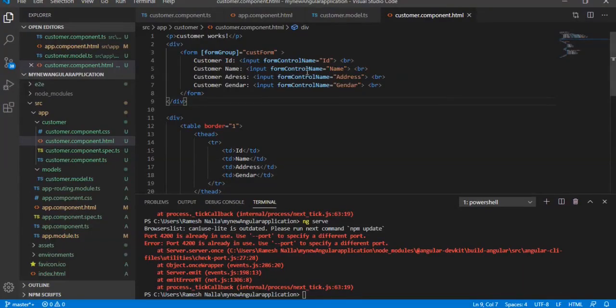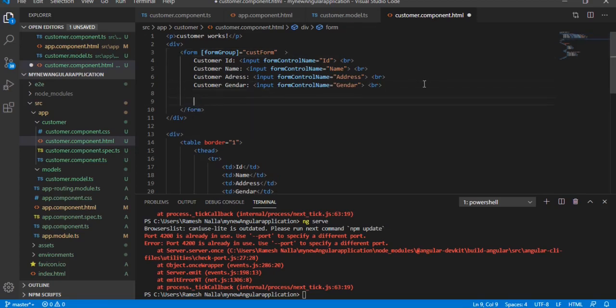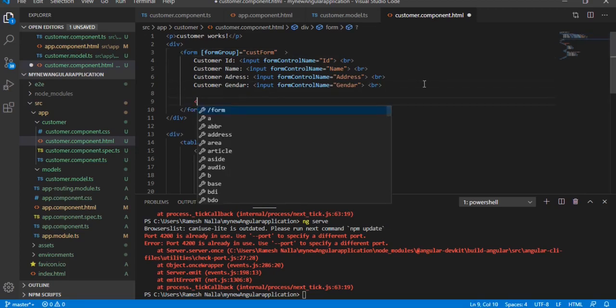But output is not showing here. Okay, let's implement the code, then we will fix the issues.